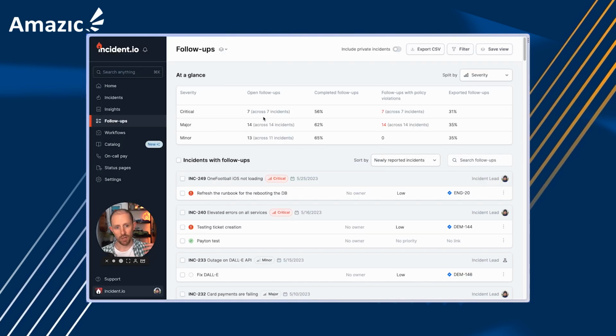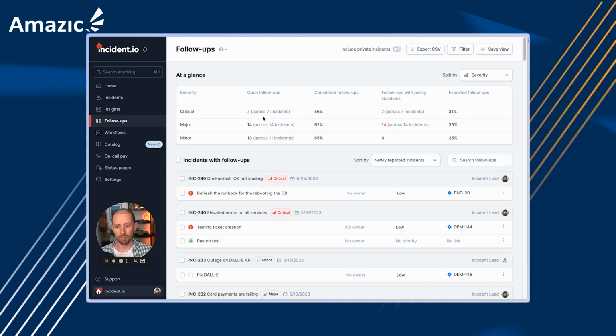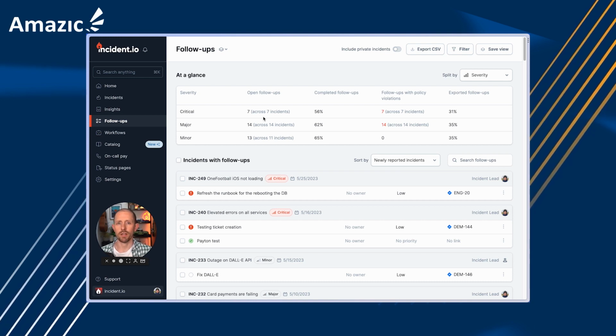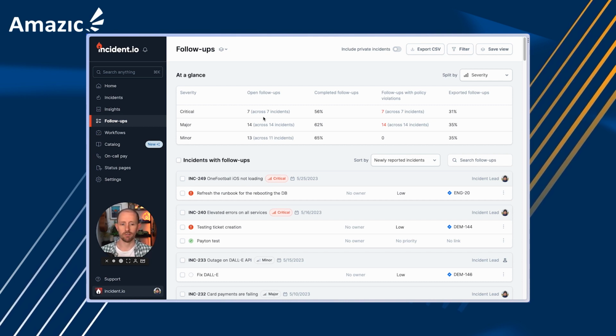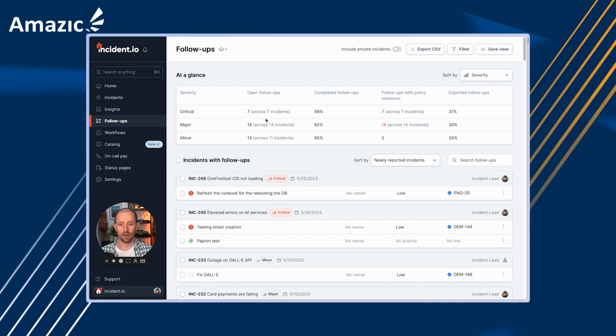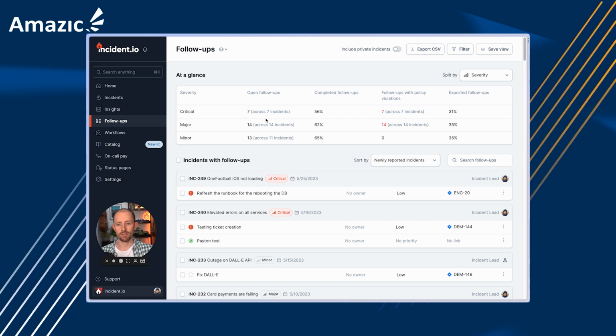Other things we do, we help you track all of the follow-up work that comes out of your incident. You create a bunch of actions, as will typically be the case off the back of an incident. And I don't want those to live within Incident IO. That's not helpful for me. I want them to live on the backlogs for the teams that are going to do that work. For customers, that might mean Jira, it might mean Linear, it might mean putting them on Asana. Wherever it is, we can put them out there and then we become like a shadow copy of that follow-up.